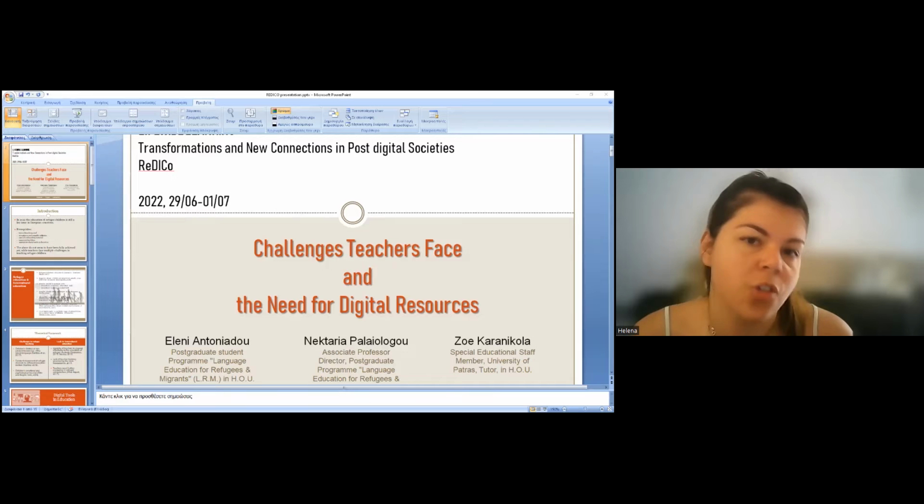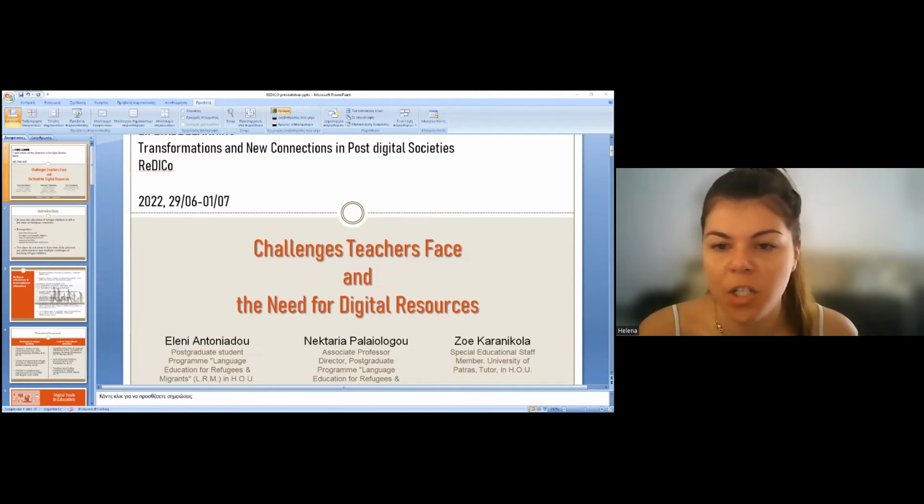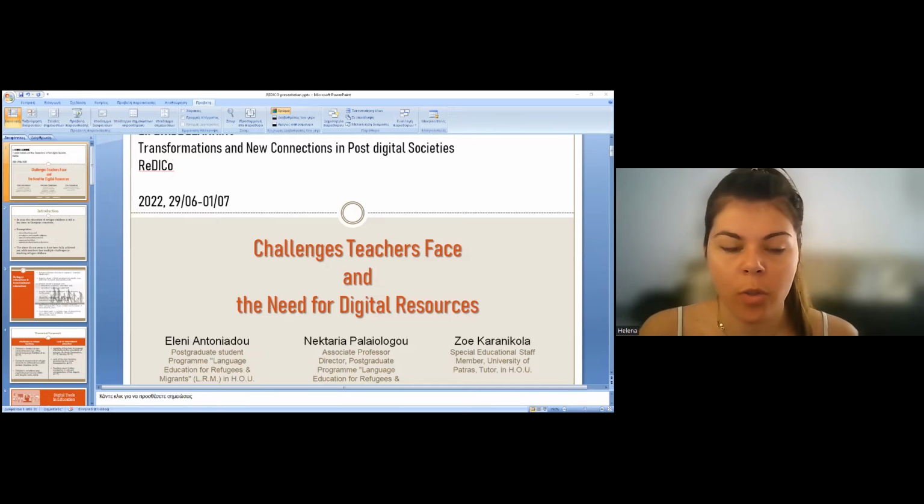This is something that all teachers definitely should have, but it's something that we can see is not so easy to have, especially because of the different characteristics that the teachers may carry. They also had to be really adaptable, as in the previous presentation we saw. They had to be really flexible as well as open-minded. They should see things in an objective way, and all these are prerequisites for intercultural education.